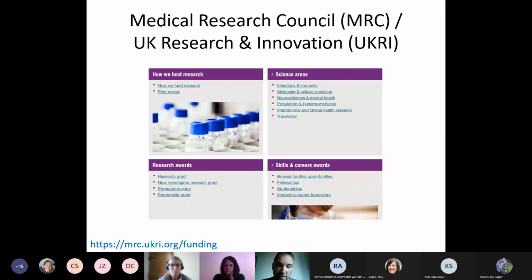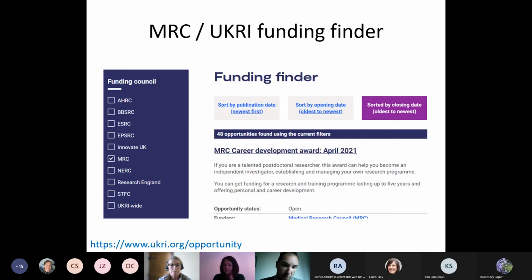Again, just have a look at the website in your own time. They have this funding finder, where I've ticked MRC in the blue box on the left-hand side, which gives me all current and upcoming funding opportunities related to medical research. So we can see 48 opportunities here. Anything from studentships, career development, fellowships to project grants. And I think they also do commissioned